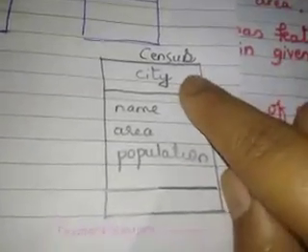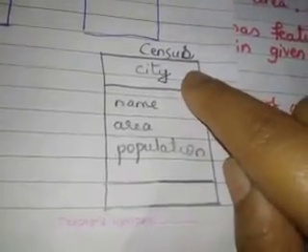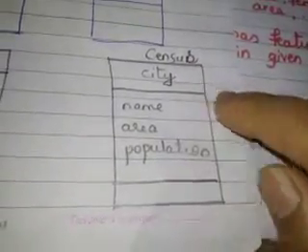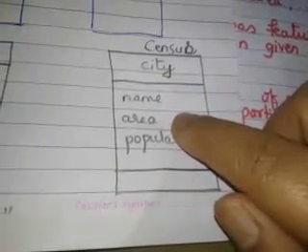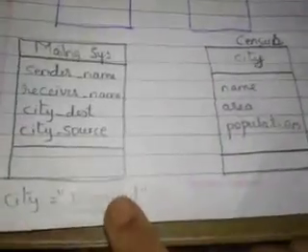Now look here, I also have a noun, city, but when I am talking about the census information, city has its own independent existence because the city has a name, it has some specific square kilometer area, and the number of people who are staying in it, that is the population, makes it an independent object, right? So if anything has its own existence, then we should make it an object. If it depends upon something, then we are making it just an attribute.